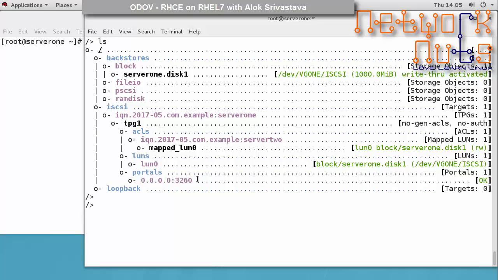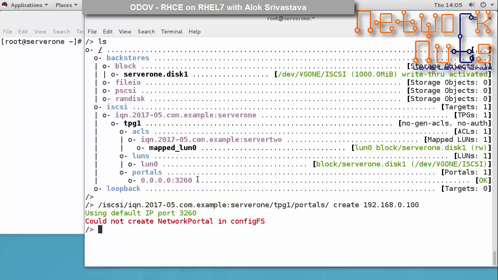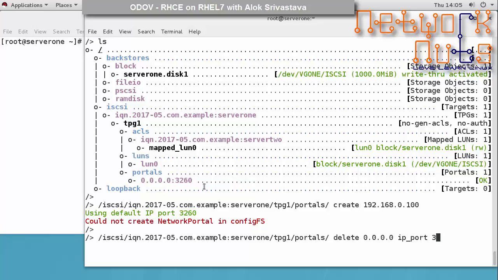So if I give this command iscsi, IQN, TPG, portals, and I give a create and my IP address, you will see it will give me an error, because there is already one port, so I need to remove this port first. So in case this comes, just give a delete 0.0.0.0